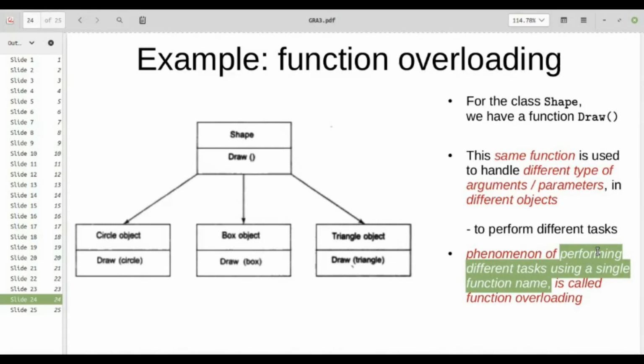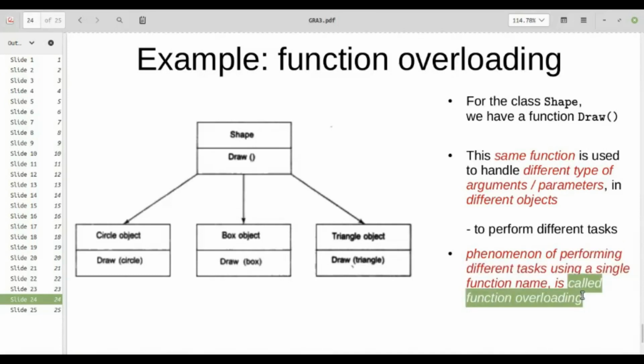The same function name is being used, draw, but different tasks are being done by different objects of the same class. This phenomena is called function overloading. So just like we saw in the previous slide that we had something called operator overloading, here we have function overloading, right? So I hope operator overloading and function overloading are pretty much clear.